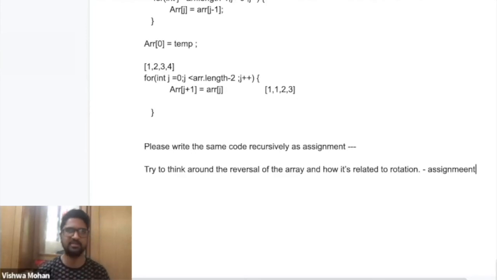Try to take it as a treasure hunt. Again, you have got enough hint. You have to just crack this code. Right? So you have to correlate between the reversal of an array and the rotation of the array. And if you find any relationship, I think you can use this concept to rotate the array itself.